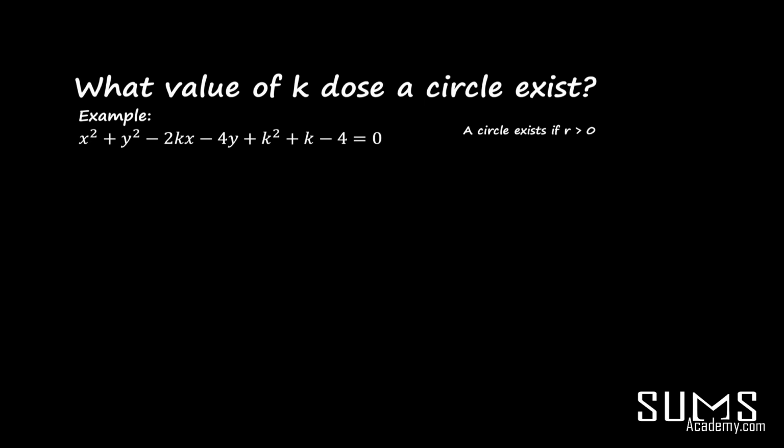So here's an example of when we can use conditions from the general equation to answer unknowns. Here in this question it's saying, for what value of k does a circle exist? So when can a circle exist? Well, a circle is